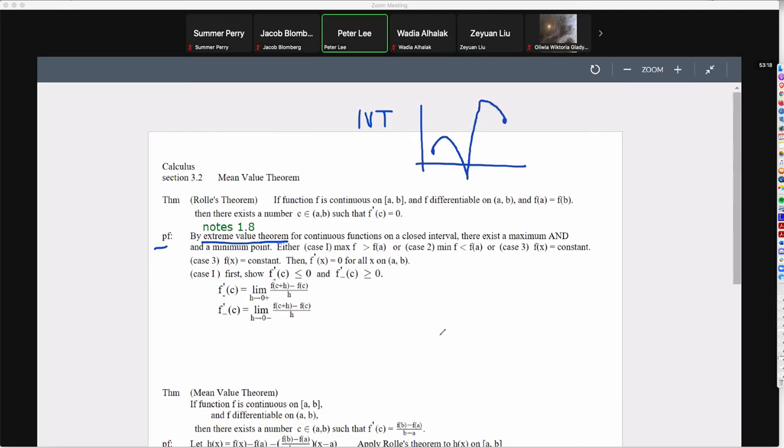Let's say we have a curve like this. It's continuous from A to B. So the intermediate value theorem says that if we have a continuous function from A to B, remember that if, so let's write this down, if f is what? Continuous on A to B,